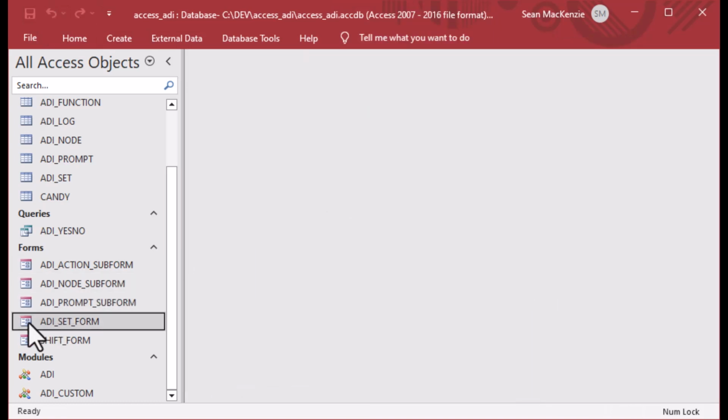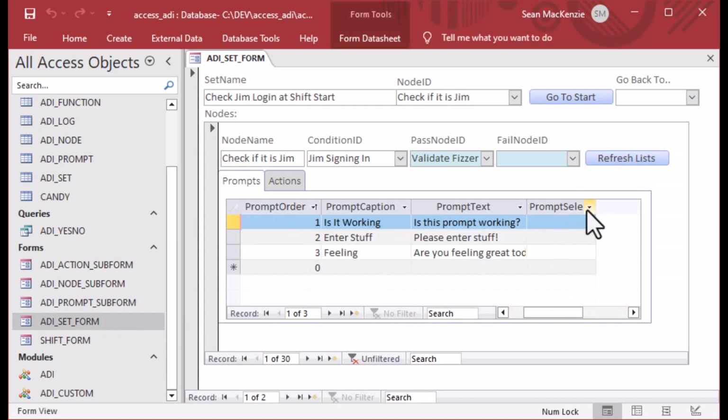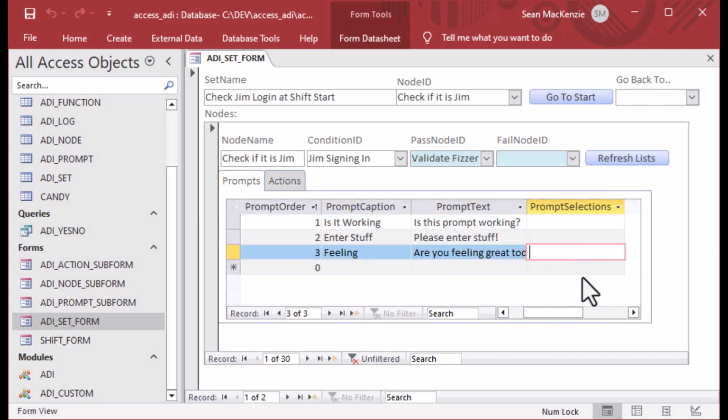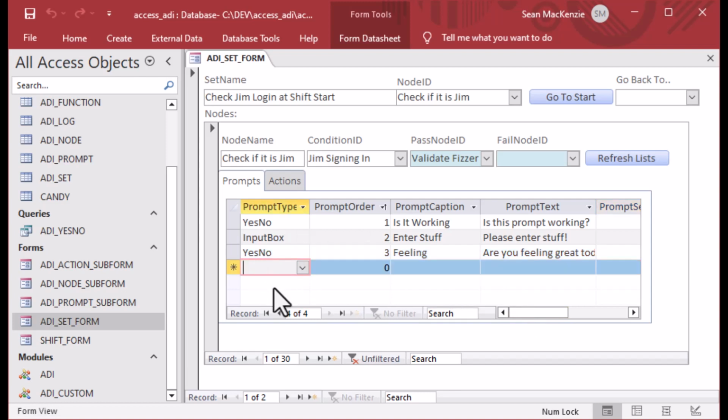And so now we are going to have that datasheet view, and if I open the ADI set form, which has this subform as a subform on it, you can see now we've got this additional field at the end of our prompts there. And so that's really great. That's what we want to see,